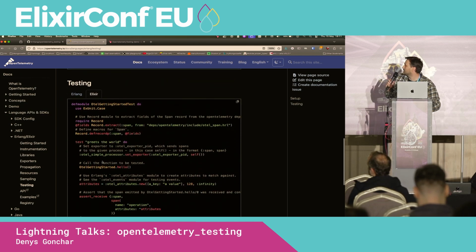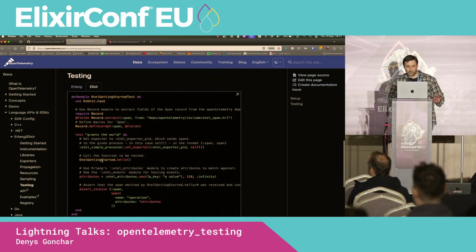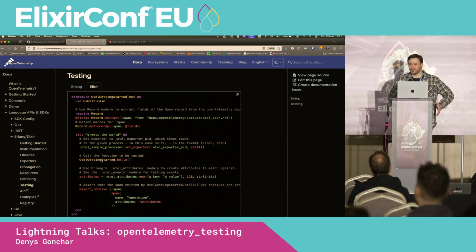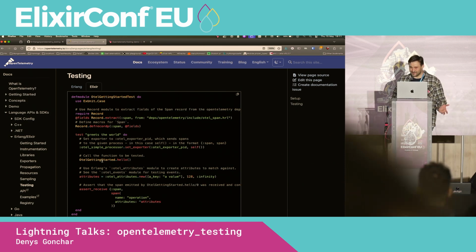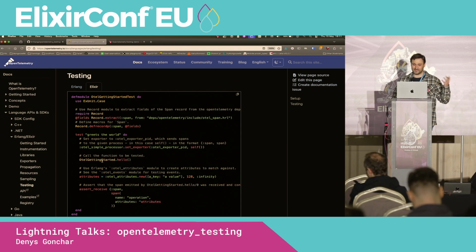But the main problem here is that what you receive is actually an Erlang record, so you need to parse an Erlang record, and an Erlang record has some fields that contain another Erlang record, and that is really hard to parse. And what you usually want to know is that the nesting of your spans is done correctly, and you have attributes and events that you expect to have for this testing scenario. So doing the manual parsing is a kind of nightmare, and a lot of people just check it